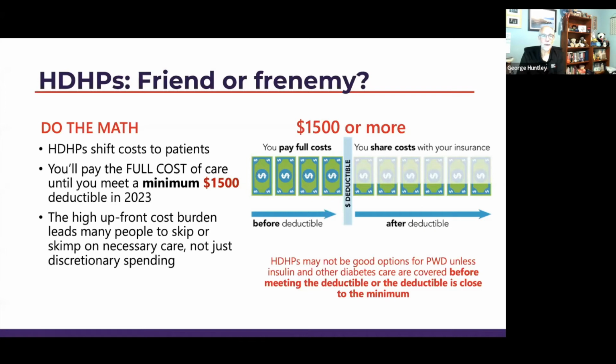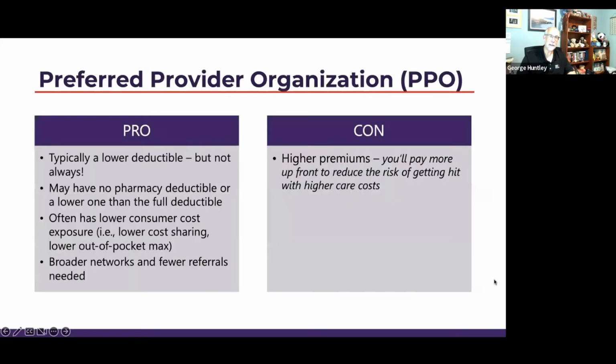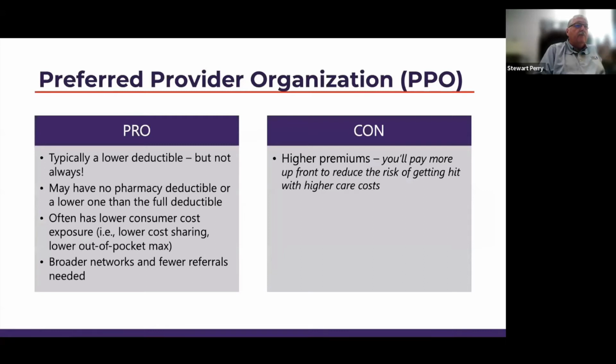So understanding what a high deductible health plan gives you, and we're going to talk about this at the end, but I'm going to tease it now. It gives you access to a health savings account that could save you money. So typically in a high deductible health plan, you're going to have a lower premium and access to a tax deferred way of paying for some of these costs. So why don't we continue on and touch on these later, but the message here is do the math. I was going to say, George, but in most high deductible plans, they're not $1,500. They're $2,000, $3,000, $5,000.